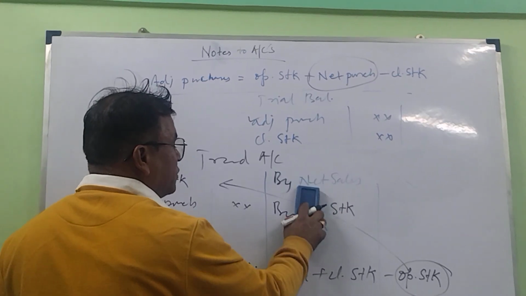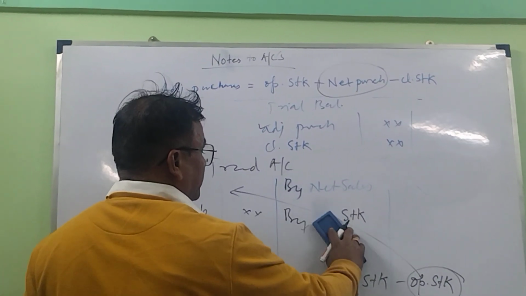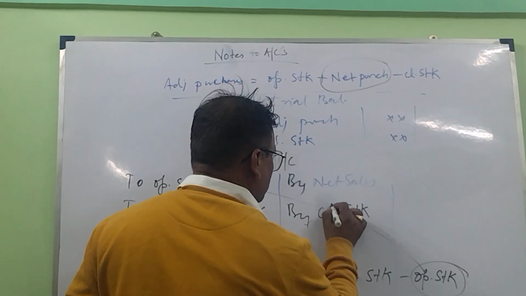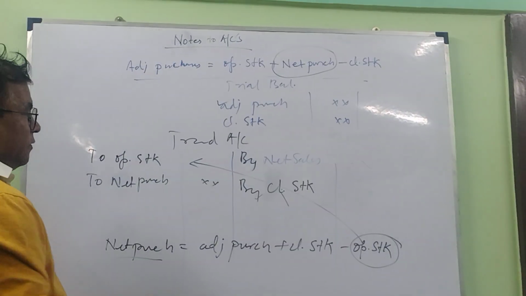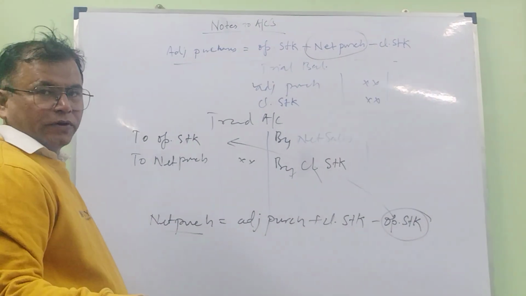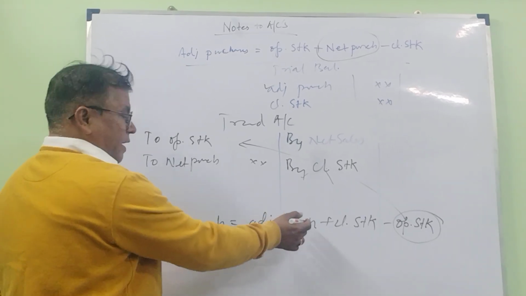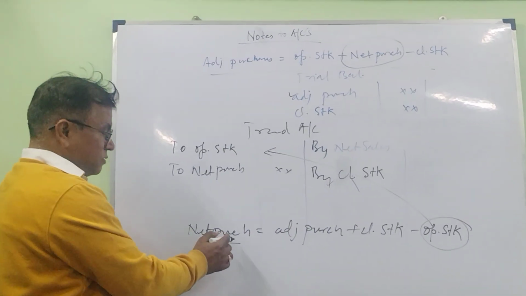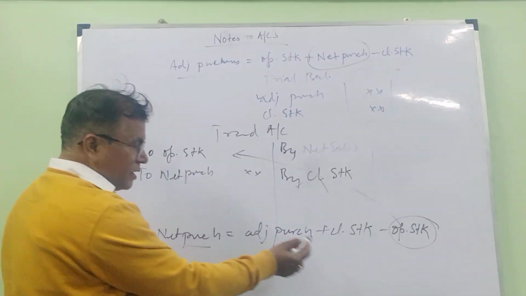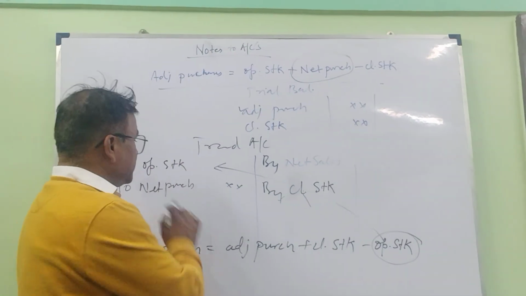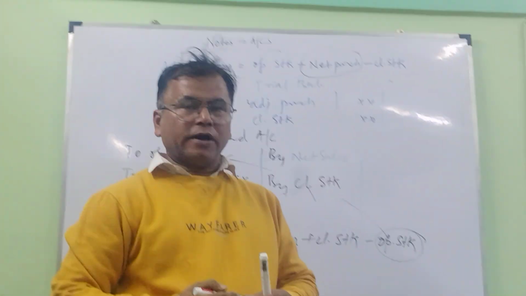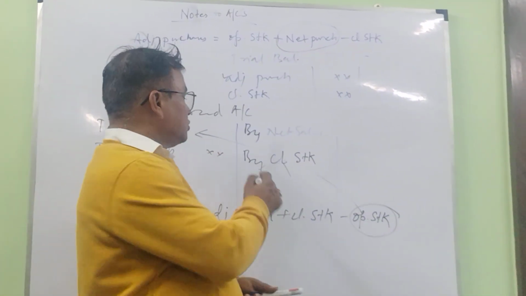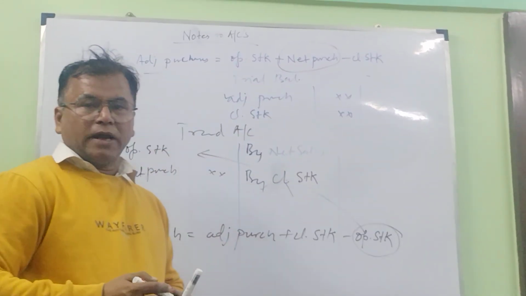In that case, you need not cancel closing stock. We will have to write closing stock also. Closing stock you write separately, net purchases here, opening stock here, which is the pattern of trading account. Convert adjusted purchases into net purchases. So net purchases we can get by adding closing stock to adjusted purchases, and then closing stock is separately taken into consideration in your trading account. And in that case, closing stock will also appear on the asset side of the balance sheet.